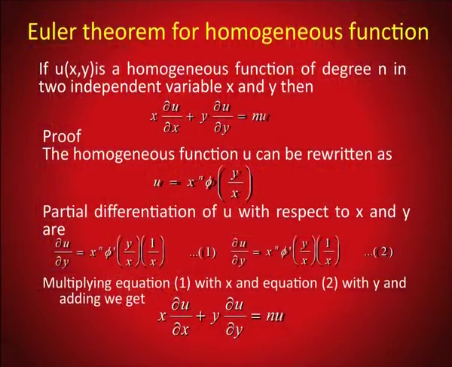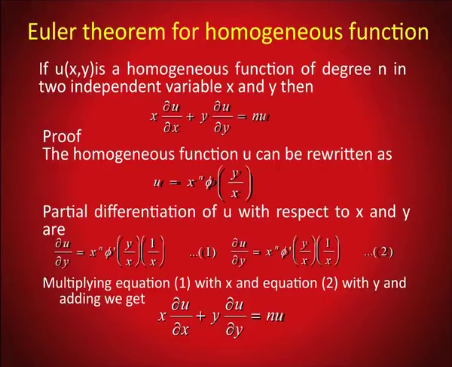Now, I will explain the important theorem related to homogeneous functions, called Euler's theorem for homogeneous functions. If u(x, y) is a homogeneous function of degree n in two independent variables x and y, then x ∂u/∂x + y ∂u/∂y = nu. The proof of the theorem is as follows: the homogeneous function u can be rewritten as